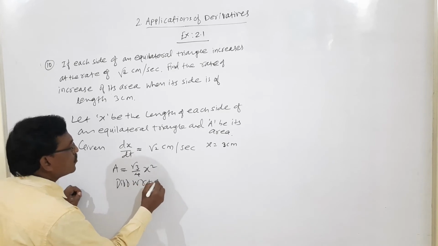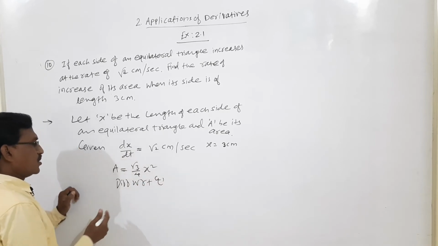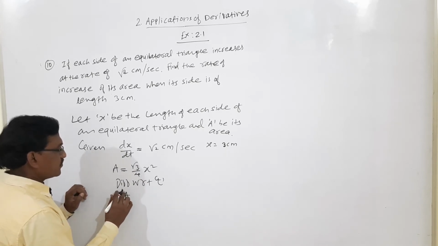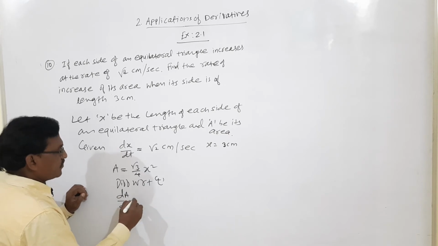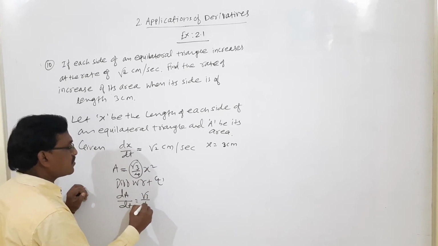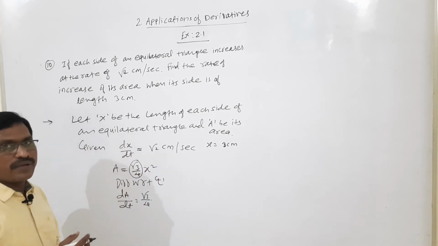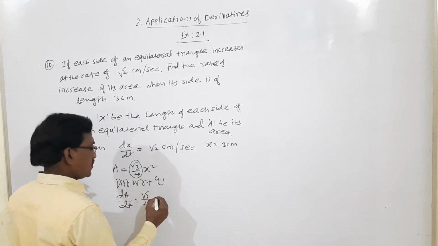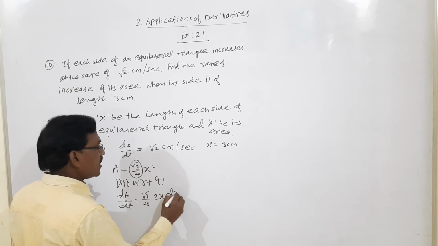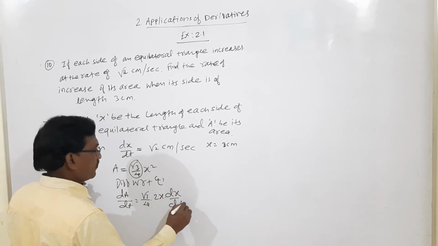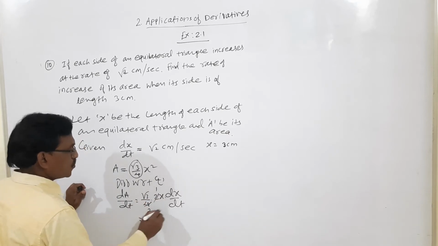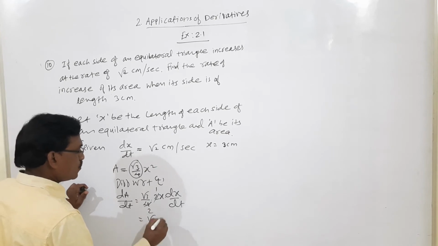Differentiate with respect to t here. So the derivative of area with respect to time t is dA by dt, equal to √3 by 4, which is a constant, into the derivative of x square, which is 2x, and by chain rule the derivative of x with respect to t is dx by dt. Therefore 2 ones are 2, 2 twos are 4, √3 by 2 into